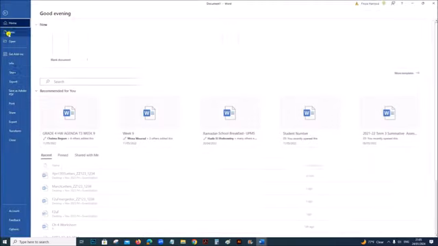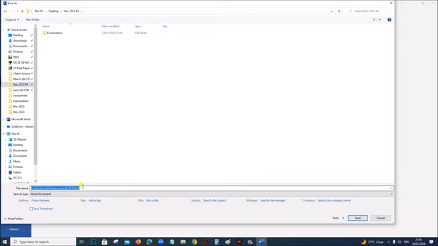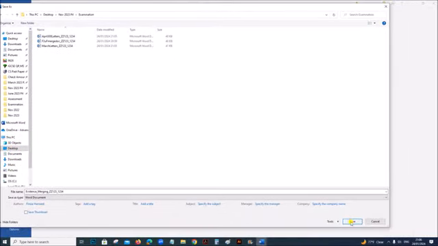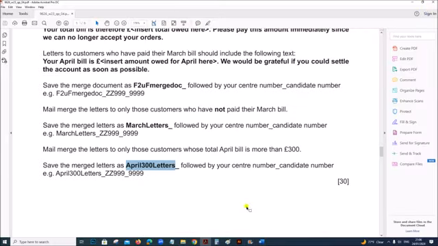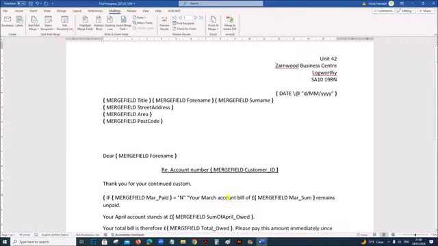This document you can save as evidence for merging, followed by your center number and candidate number. This is shown in the evidence because it won't be visible to the examiner from the files for both the tasks. So this you can close. So this is our final